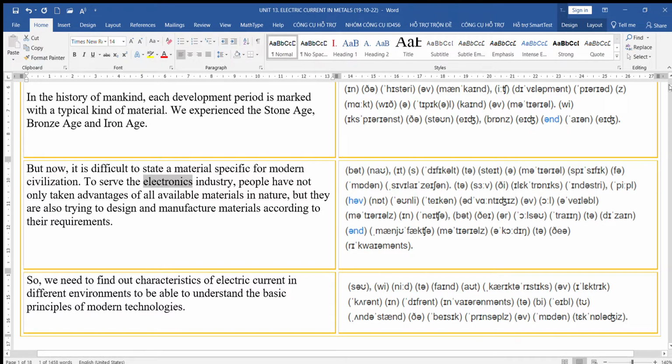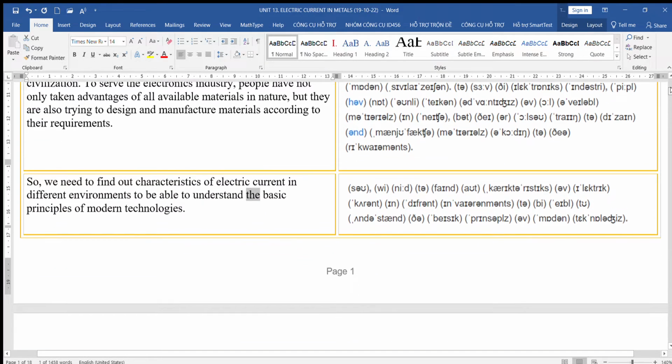To serve the electronics industry, people have not only taken advantage of all available materials in nature, but they are also trying to design and manufacture materials according to their requirements. So, we need to find out the characteristics of electric current in different environments to be able to understand the basic